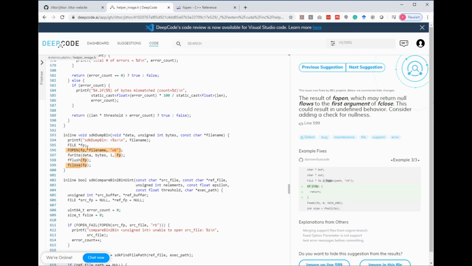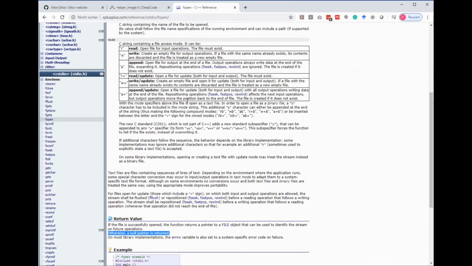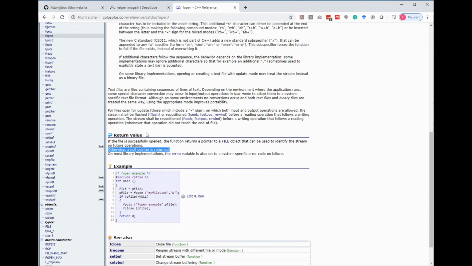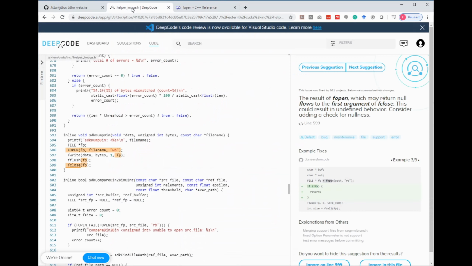Obviously this can go wrong, and in the reference of fopen, which I opened here already, you can see that the return value might be null. If the return value is null, then we are handing over the null value to fwrite, flush, and fclose, and this is not according to the standard. We should check for nullness before we